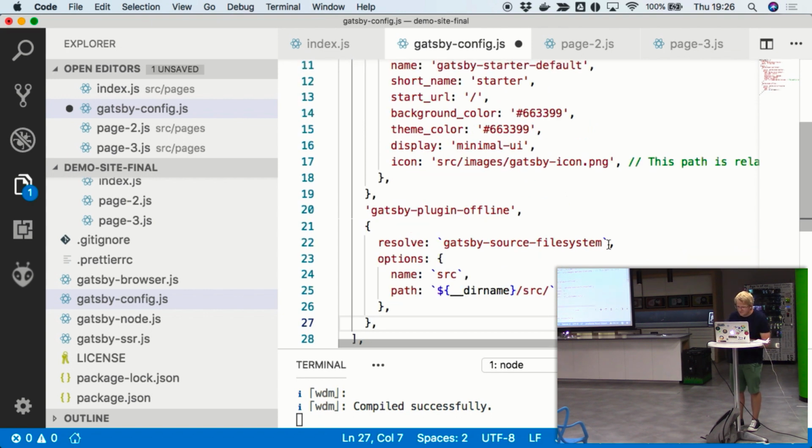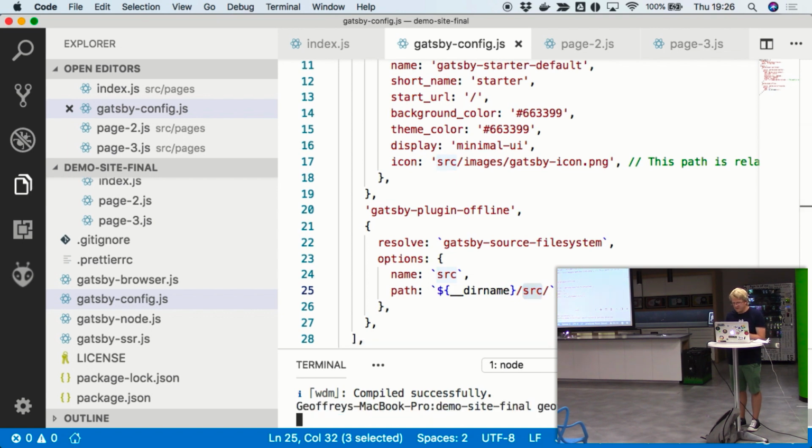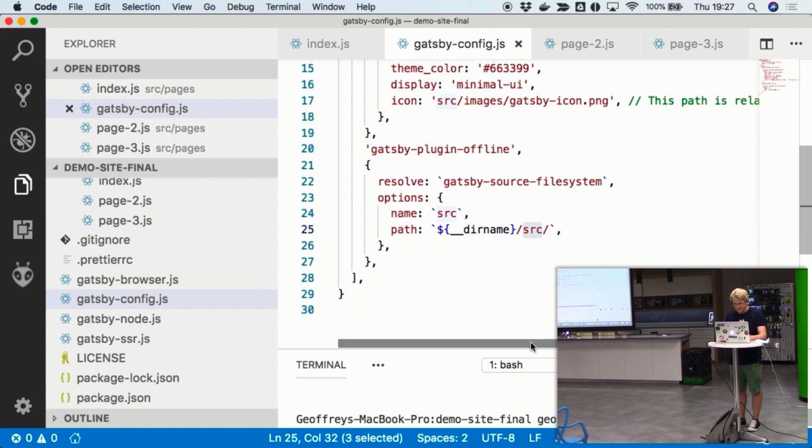So I'm pasting this source file system plugin. It's got some options. So I'm saying, give me everything in the source, or call it source, and then give me everything in the source. So let me just show you what that does. We have to just rerun that. Something broke.